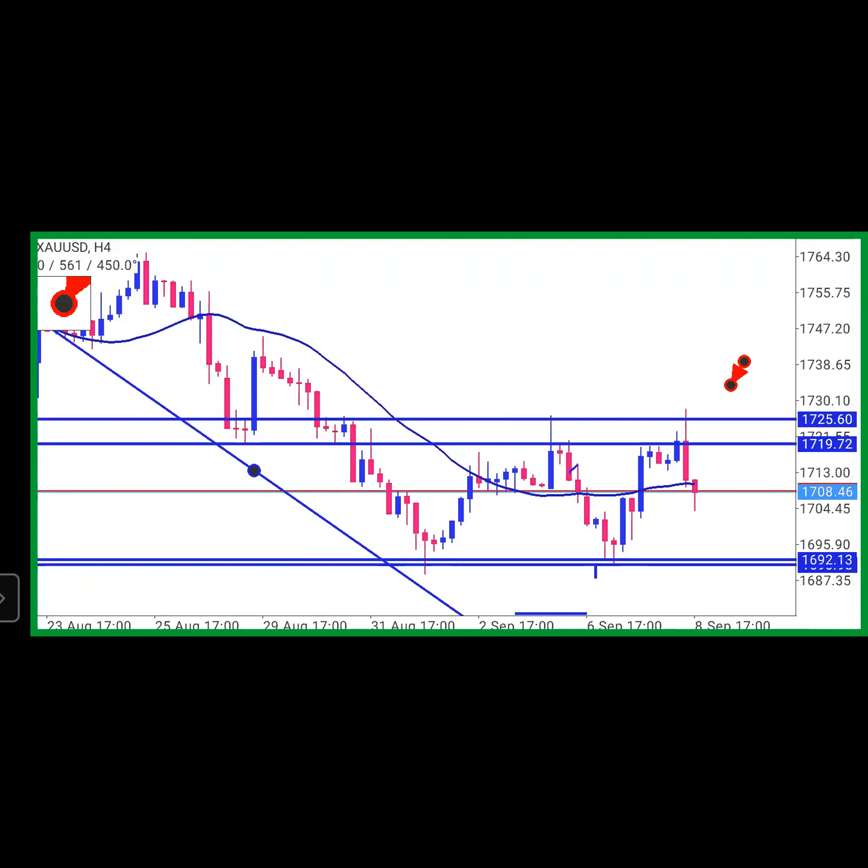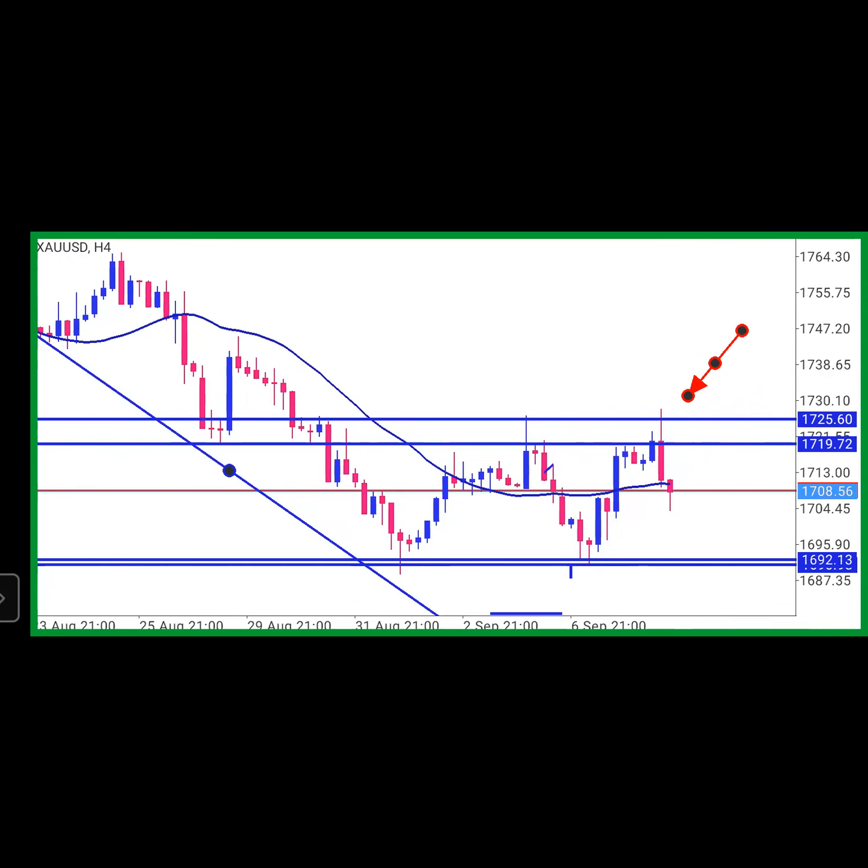This was an example of a false breakout. Can you see it? This red one, it went with the wick. This red candle was initially a blue candle, because it's blue candles that push all the way up. But on 4 hours, it gave the impression as if we're buying. Everybody thought, this range has broken. But there's one thing I've come to learn in trading. When you trade, you don't want to trade on 1 hour. You don't check charts on 1 hour; you are wasting your time because you will have a lot of false breakouts. So anytime you're analyzing the chart, the minimum you should have is daily.